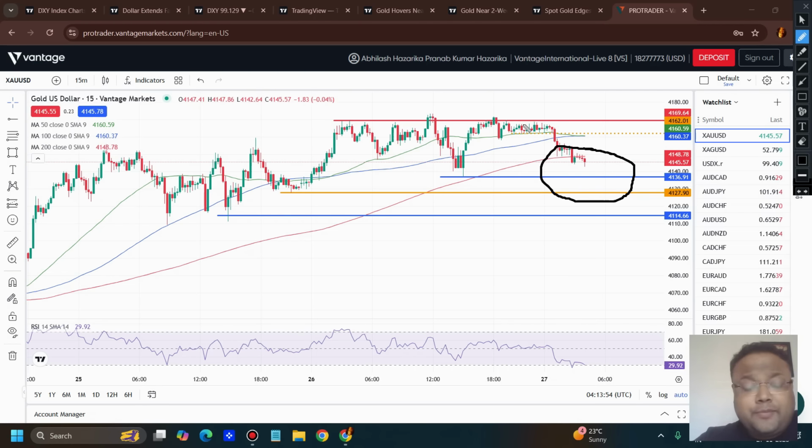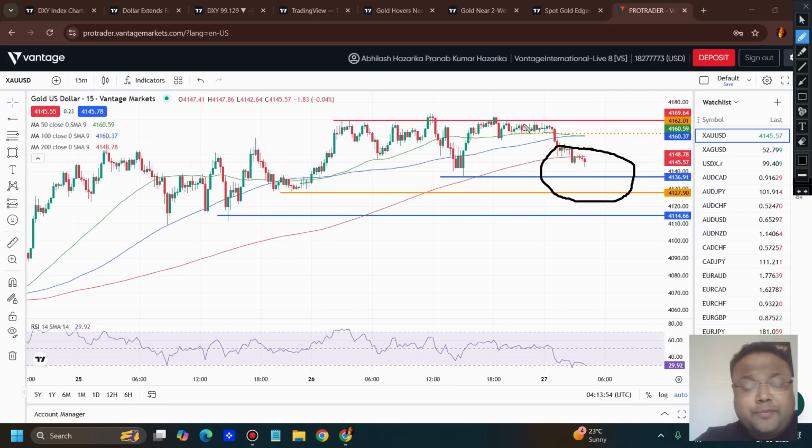So in simple words, this is a minor support, this is a major support, and in a market condition like this, buying at dip is the best trading strategy. So let's see if the market comes down for retracement or the market goes up. If the market doesn't come down for retracement, then obviously we can look for a buy at breakout. Here we can see this is the high made by the market. You can look for a buy at breakout above 1613.